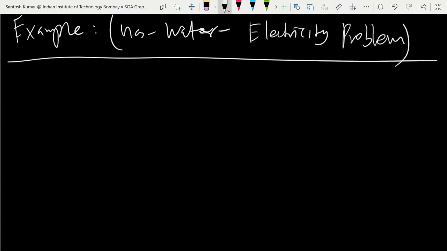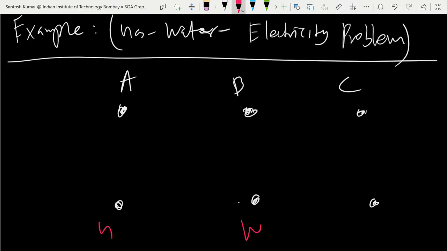So we have to make paths. See, there are three persons or three houses in a row, you assume. A, B, C are three persons, and this is the location of their houses. Suppose I take these three as the locations of gas, water, and electricity. Assume the gas station, water station, and electricity are somewhere. You have to make a path from each station to each house. There are three houses and three stations. How will you supply gas, water, and electricity to each house so that no edge crosses another?